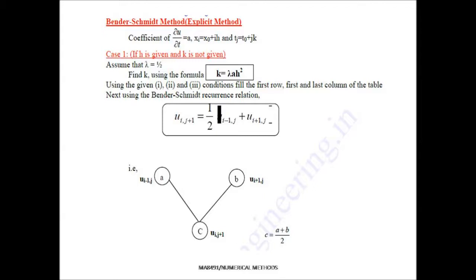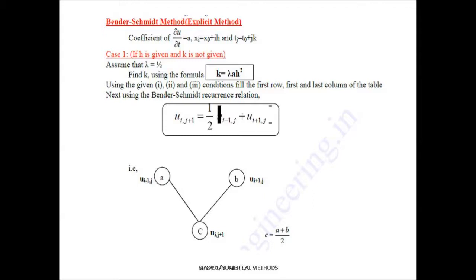So what is h and what is k? h is the interval between our x values and k is the interval between our values of t. So x progresses according to h and t progresses according to k. Now for the first case, if h is given and k is not given, we use the formula to find k: k = λ a h². Now assuming lambda equals 1/2 and using the given conditions 1, 2 and 3,